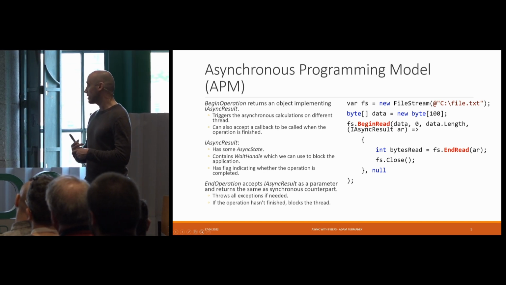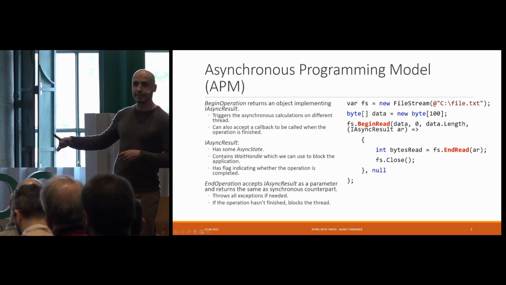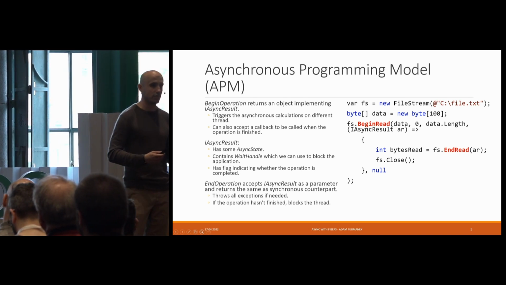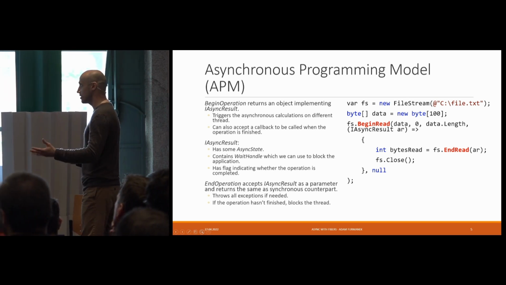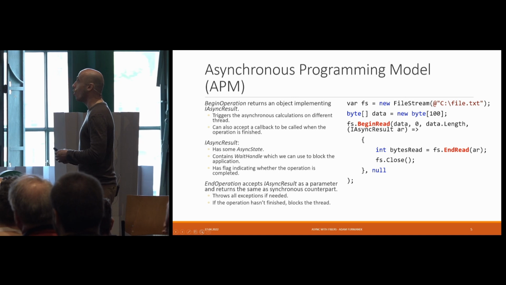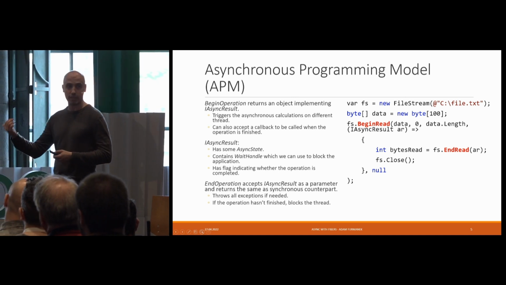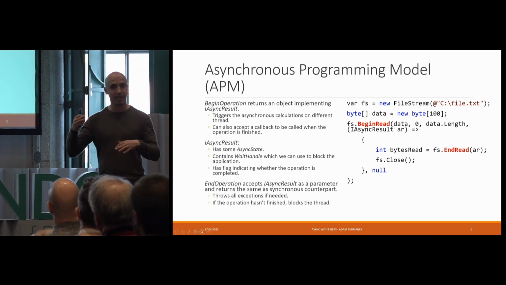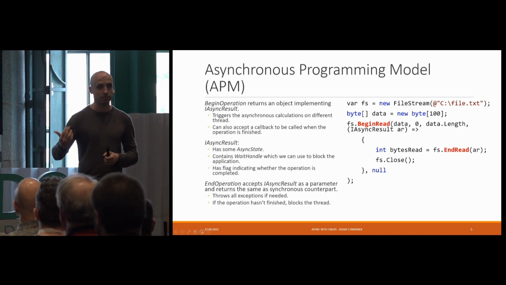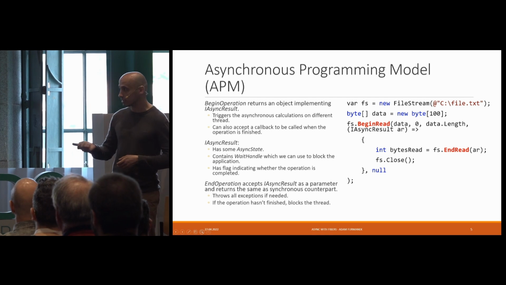We didn't need to think about how it was executed, but generally it was executed somewhere. The idea was that we just triggered the operation, and then when we want to utilize the result, we have this end method, which either gives us the result if it's already available, or it blocks until we get the result. We also had to provide this lambda, which would do the continuation part. So when the result is done, do this thing. So that was the first pattern.